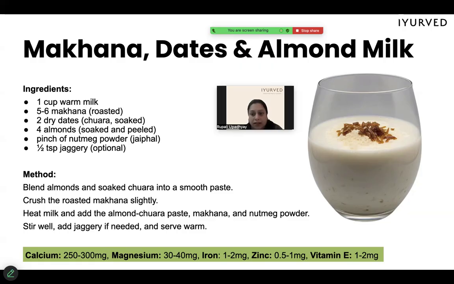तो ये एक जो ग्लास है, नॉर्मल ग्लास ऑफ दिस मिल्क, ये आपके बच्चे को 250 to 300 mg ऑफ कैल्शियम प्रोवाइड करेगा, 30 to 40 mg ऑफ मैग्नीशियम प्रोवाइड करेगा, 1 to 2 mg ऑफ आयरन, जिंक 0.5 to 1 mg, एंड विटामिन ई 1 to 2 mg।